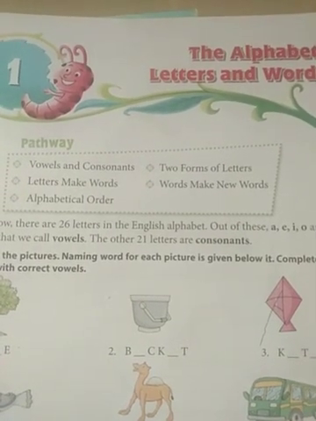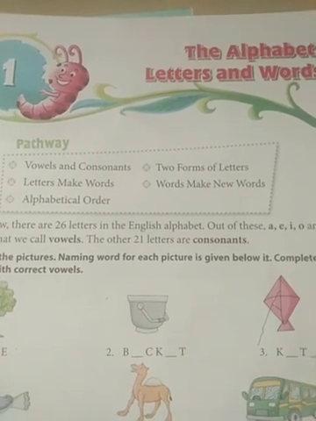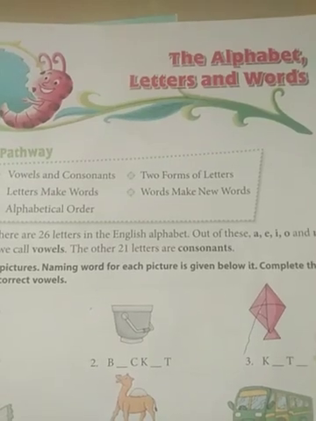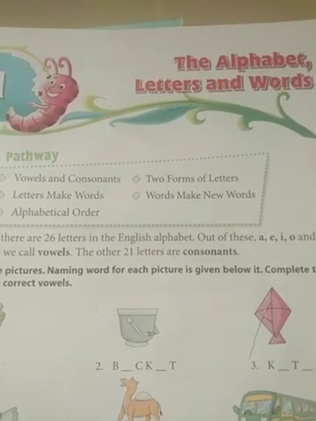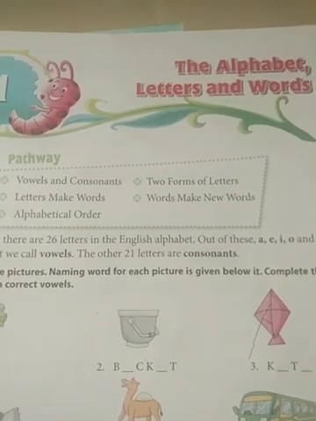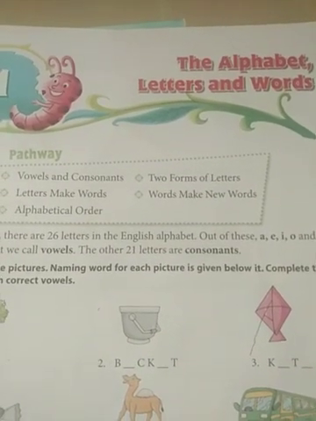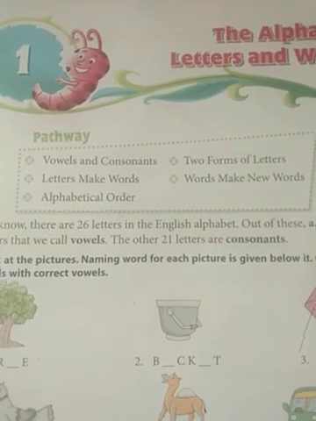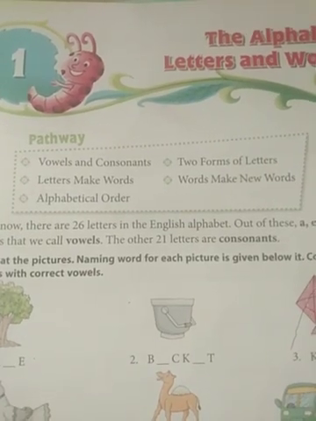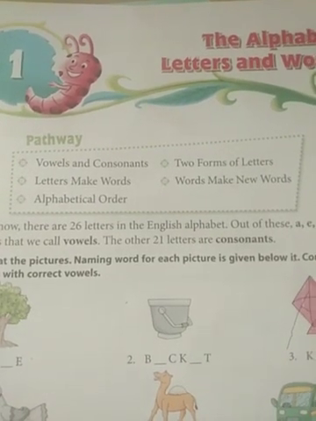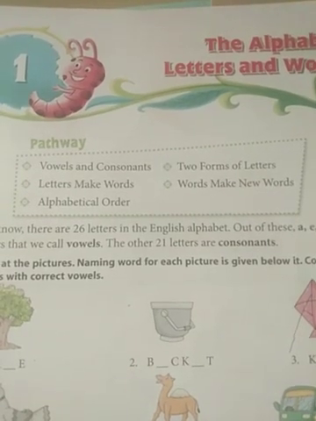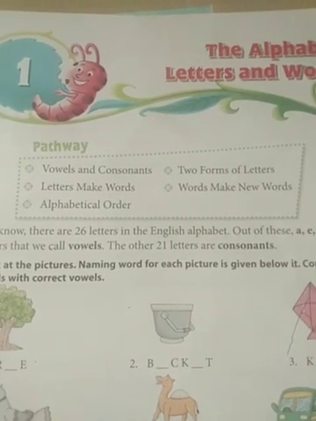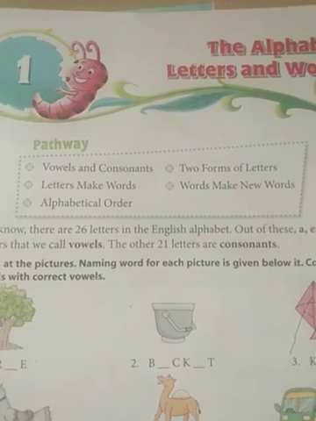All the 26 letters in a sequence or in order together form a set that is called the alphabet. So, there is only one alphabet in English in which there are 26 letters. A, B, C, D, E, F, G, H, I, J, K, L, M, N, O, P, Q, R, S, T, U, V, W, X, Y, Z. All these together, or the set of these all in a sequence, is called the alphabet, and A to Z, all 26, are called letters.